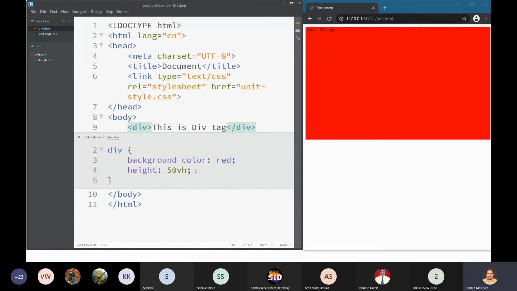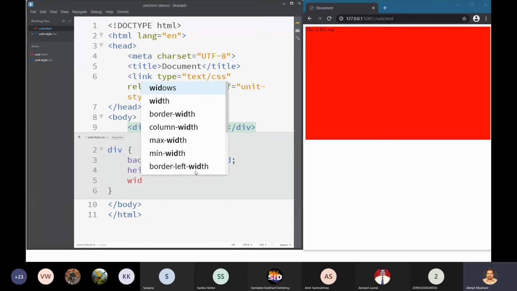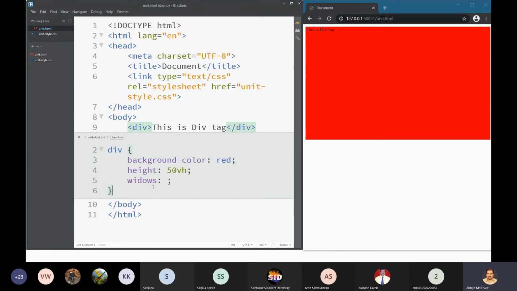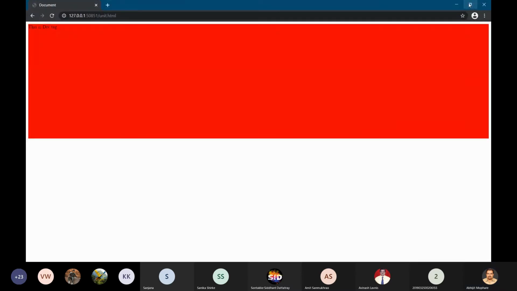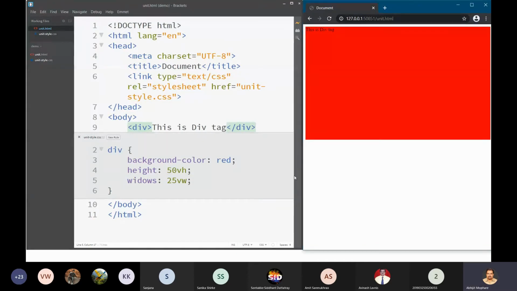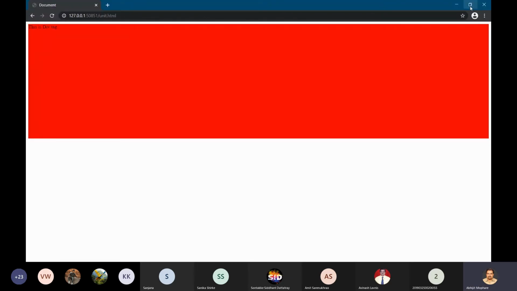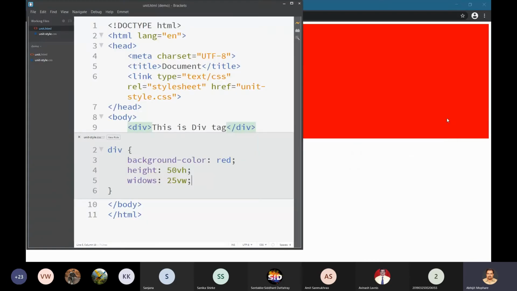Now suppose I give the width also, and the width I'm giving is, let's say, 25% of the viewport width. And if I do that, you will see it will not work. Why? Because viewport width, the width of the parent.